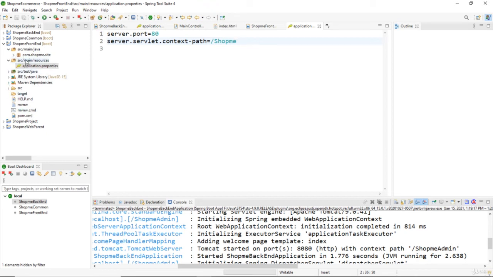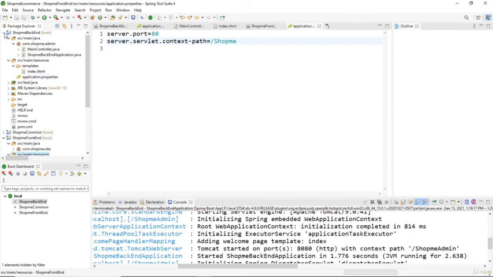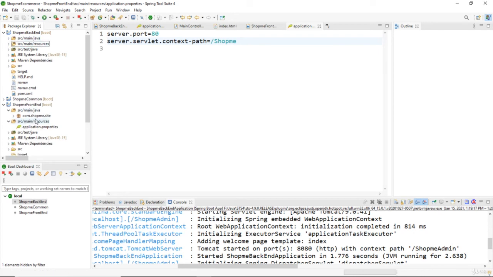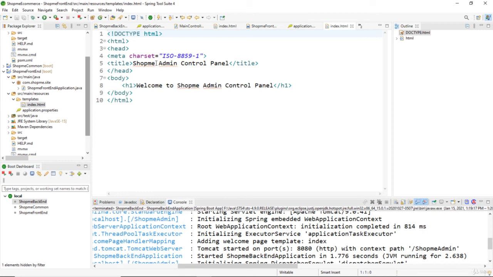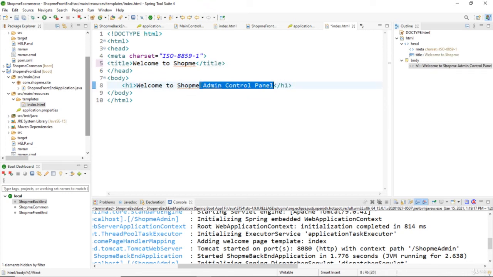And we can copy the templates directory from the ShopMe backend project and paste it here. And update the home page of the ShopMe frontend. Change the page title to Welcome to ShopMe, and change the heading to Welcome to ShopMe